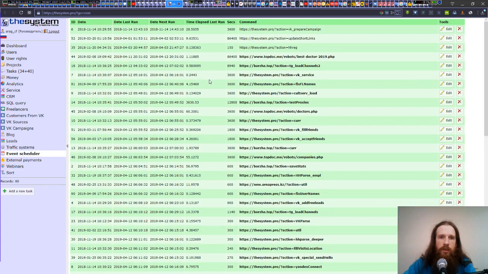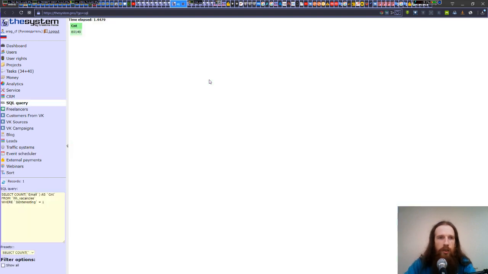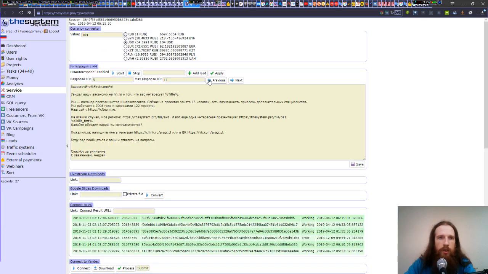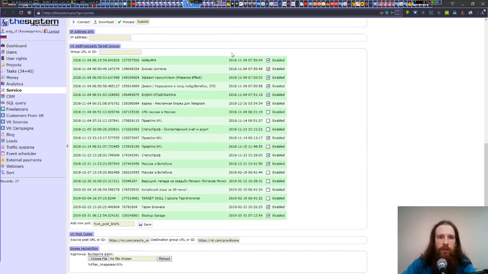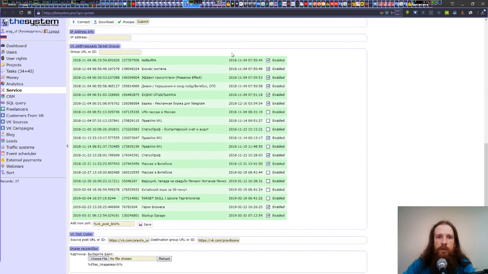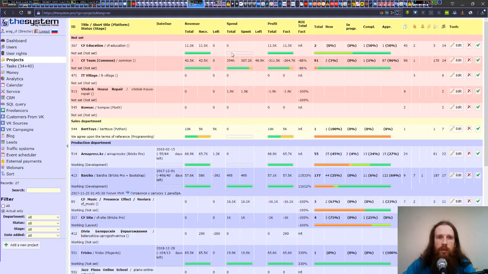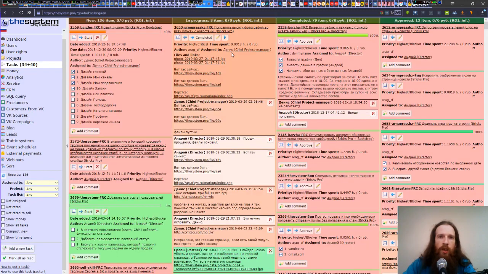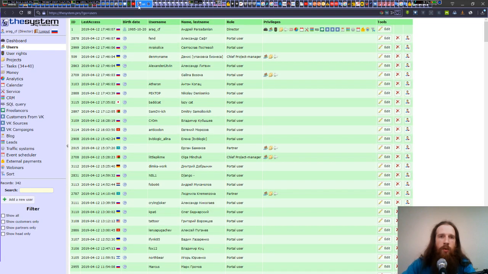It's like this. This is the task scheduler for our robots. This is the SQL window. This is the currency converter. Here you can see some functionality that we didn't put in other modules. Here you can see this, and I think it's okay. I think that's all I wanted to show you. And